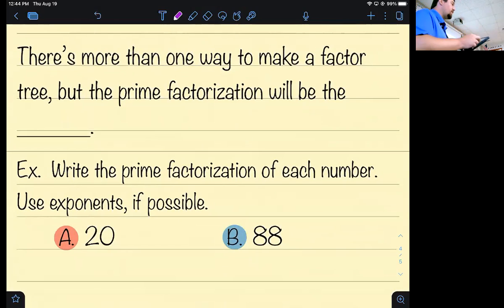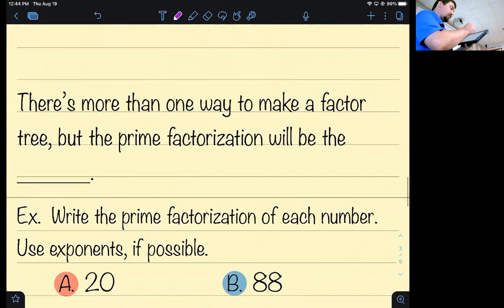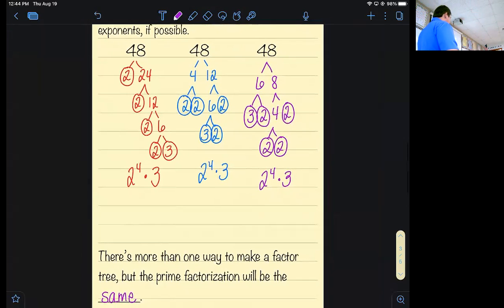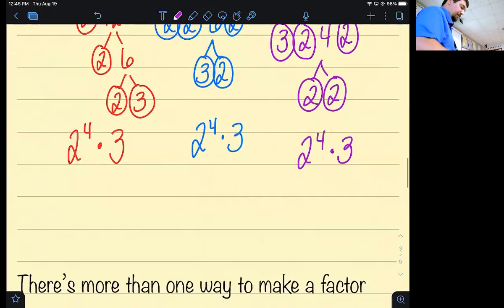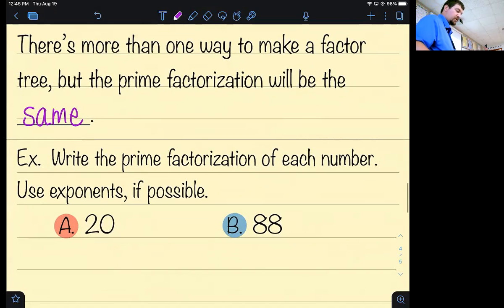So there's more than one way to make a factor tree, but the prime factorization will always be the same. Your tree could look like that red one that we did here. It could look like the blue one. It could look like the purple one. They're all giving you the same answer. Your prime factorization should still be the same. So that being said,